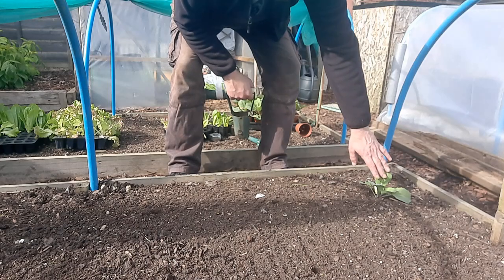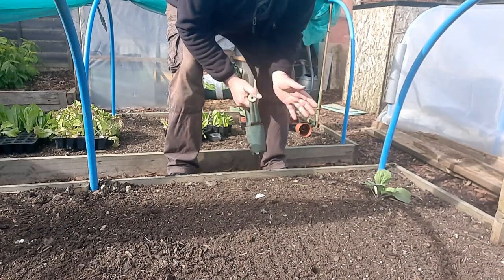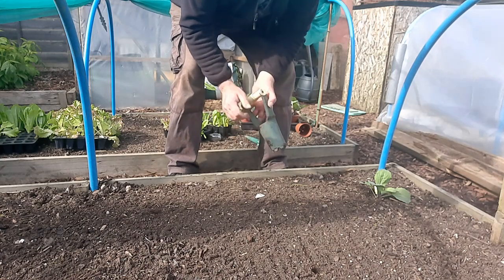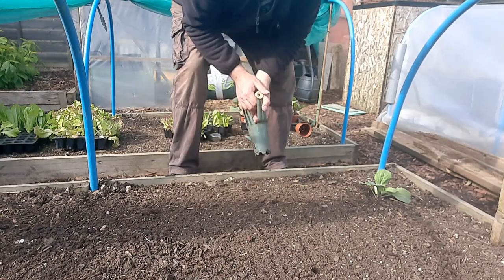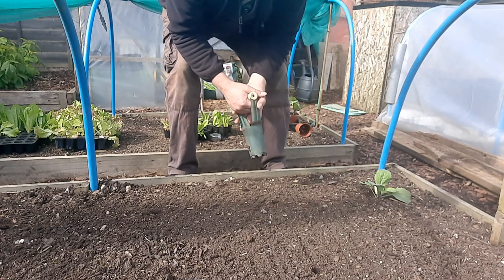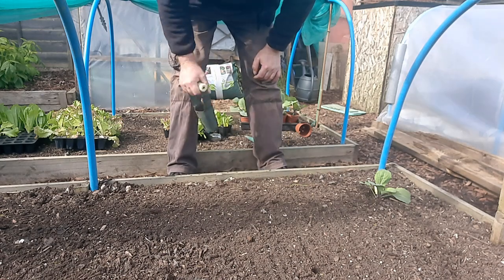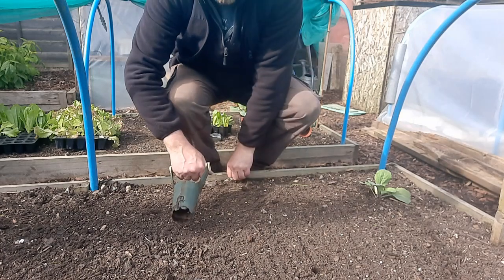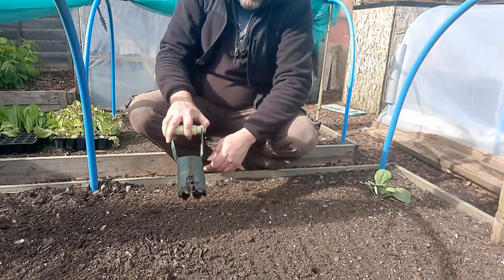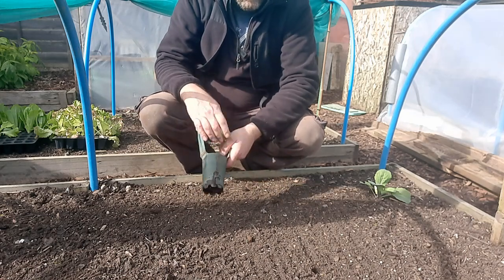But these are the Golden Acre, the Primo 2, which I've always grown up at the allotment, but we're doing them here this year because I'm not doing the giant onions, so got a bit of space, so I thought I'll do some of these. I still got to put my spring greens and everything in yet. For those who've never seen it before, this is called a bulb planter. You can use a trowel and dig a hole if you want. The idea is you push it in, you open it out, and it basically leaves a little hollow,